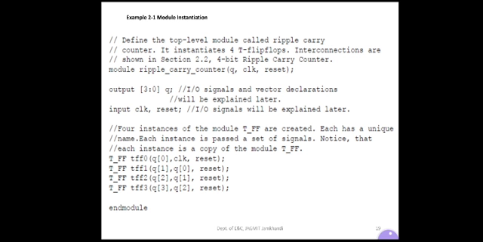Like this, all the 4 instances TFF0, TFF1, TFF2 and TFF3 are instantiated. This part, TFF0 to TFF3, is called instantiation. Now we have defined the internals of this ripple carry counter. The last keyword is endmodule, the end of the module. Write the endmodule keyword without any space.